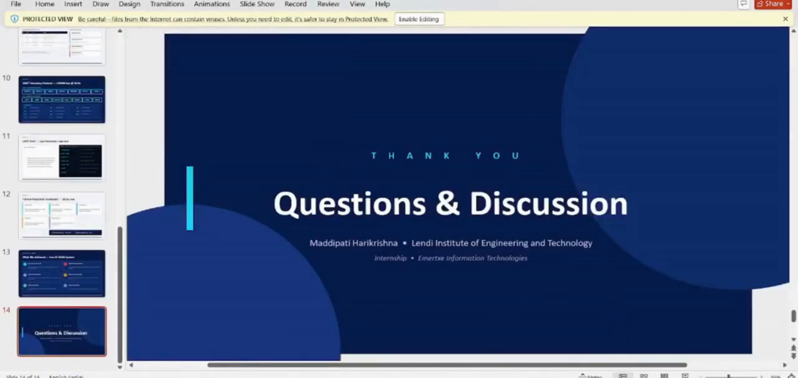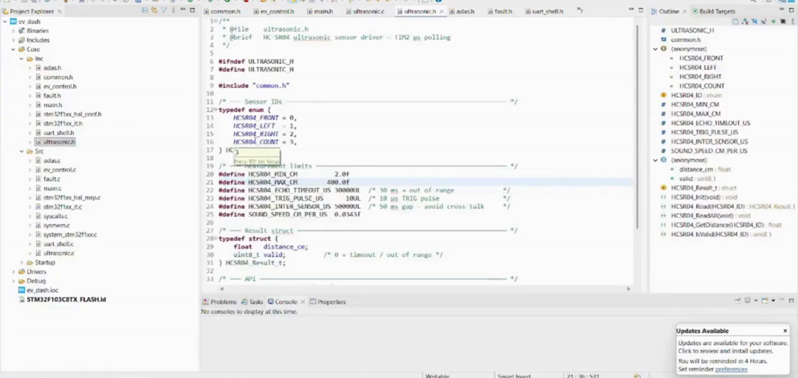Next thing, this is our code for the EV dashboard. And here we are using ADAS.h, common.h, evcontrol.h, and many other header files and source files. Initially,